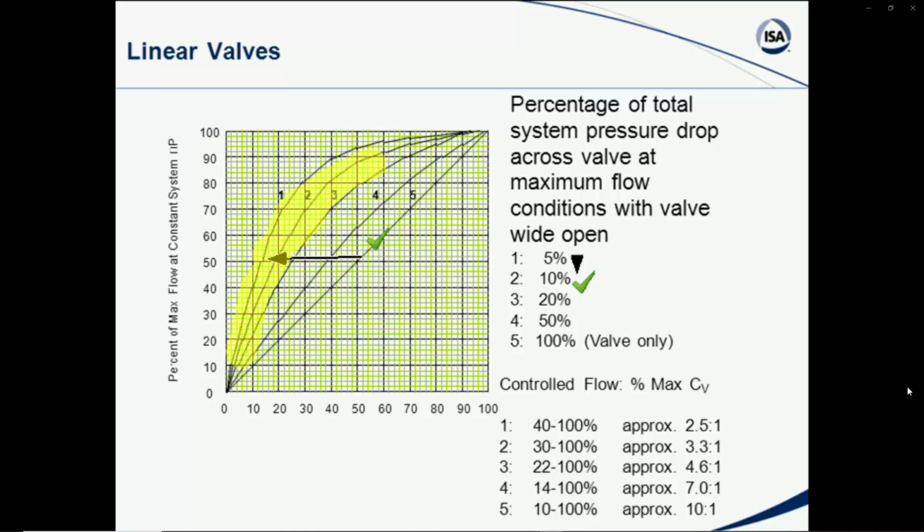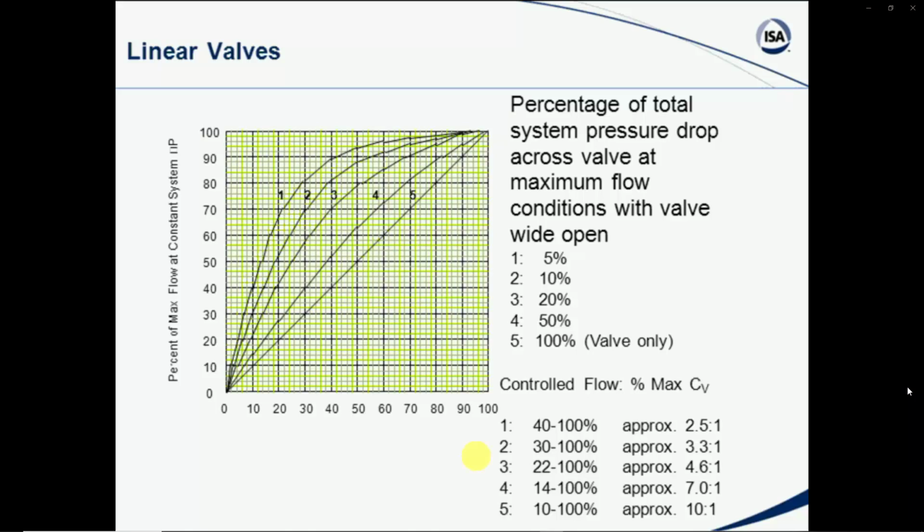So unless you have a lot of the system pressure drop across your control valve, the linear will shift back into a situation that will probably cause you some problems as far as controllability is concerned,